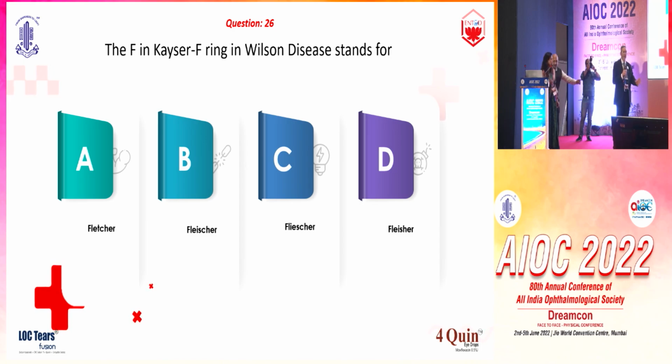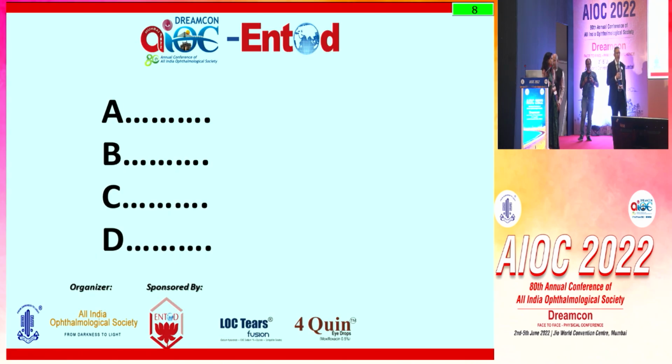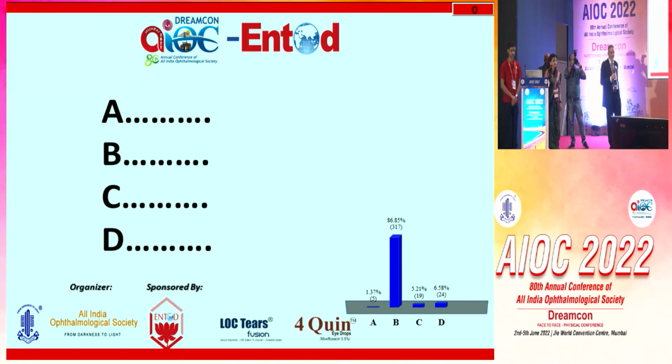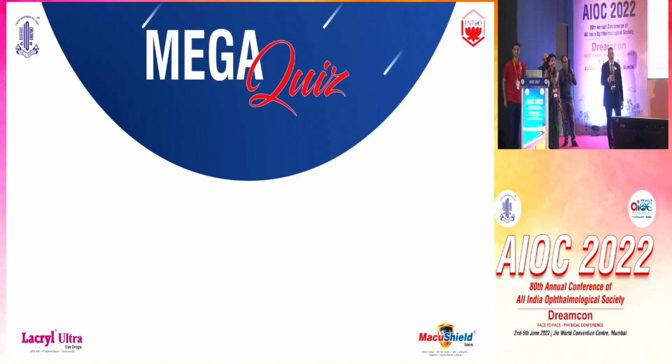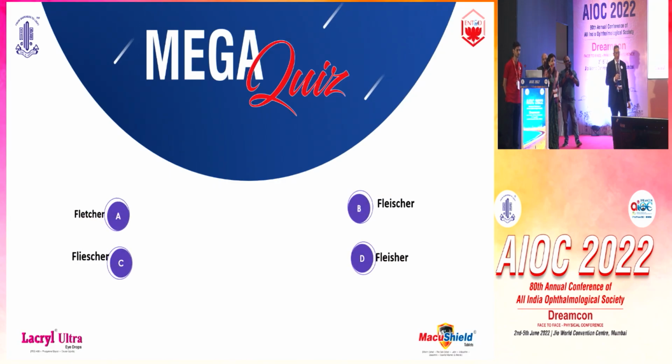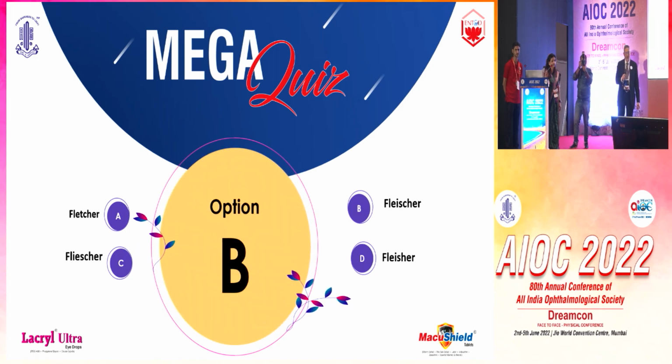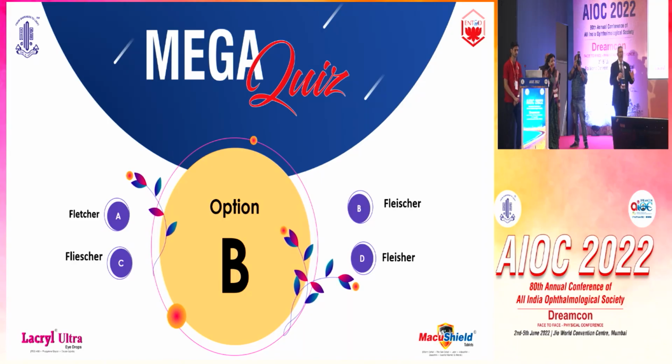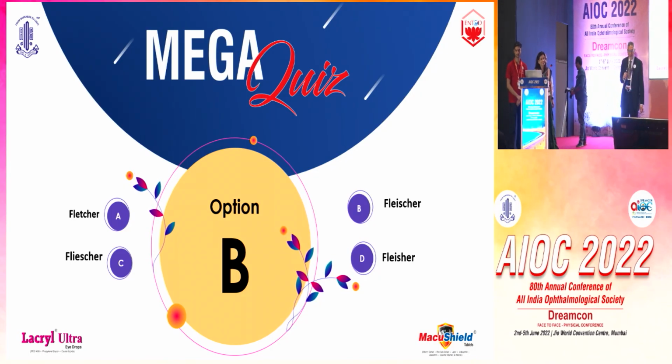I'm sure Americans would have made it nice and sweet and put the A option. But we are not in America. And most of you got that correct. 86% of you got that right. And the correct answer is B, Fleischer. Okay, so whenever I comes before E most times, except in the quiz questions, when E comes before I.